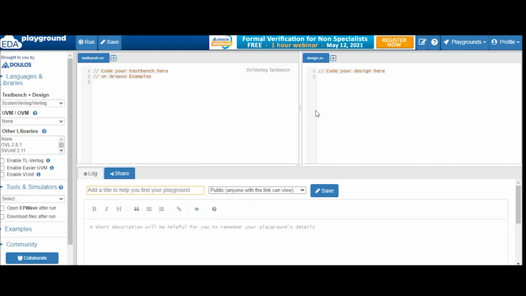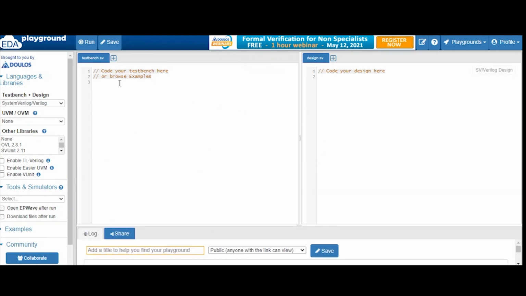So I have been getting lots of requests about how to use EDA Playground. So we will start our video with that. To understand the EDA Playground, what you need to do is just one thing: go to edaplayground.com, then in profile go to login. There you create your account. For creating an account, you use your institute ID or make use of your company ID mostly.